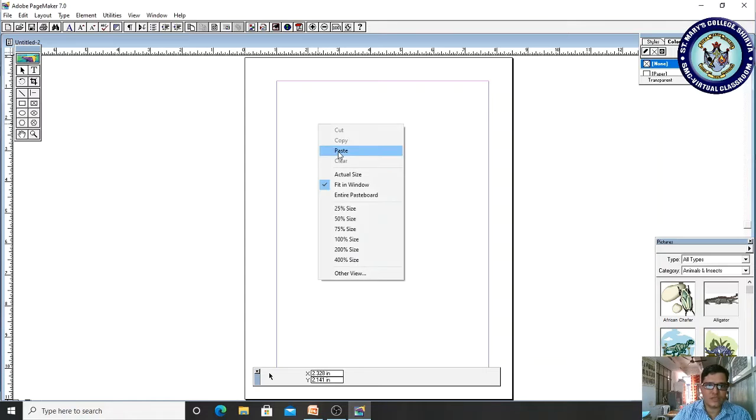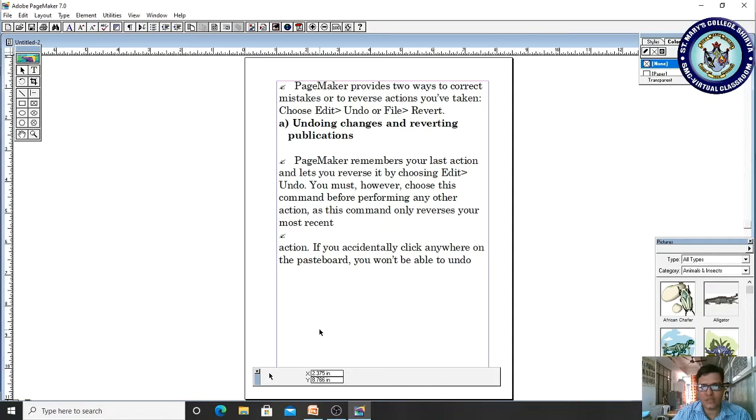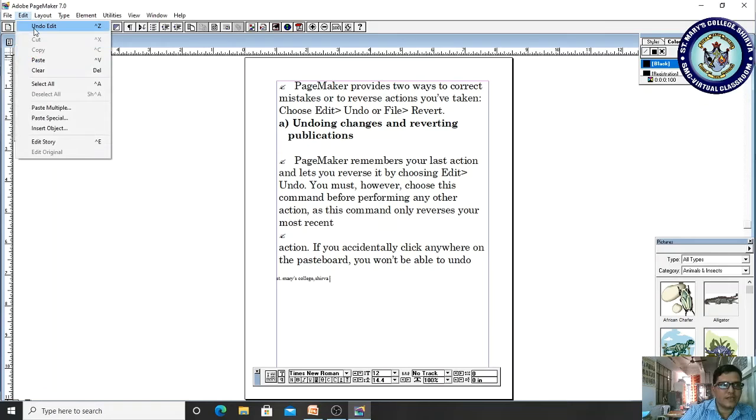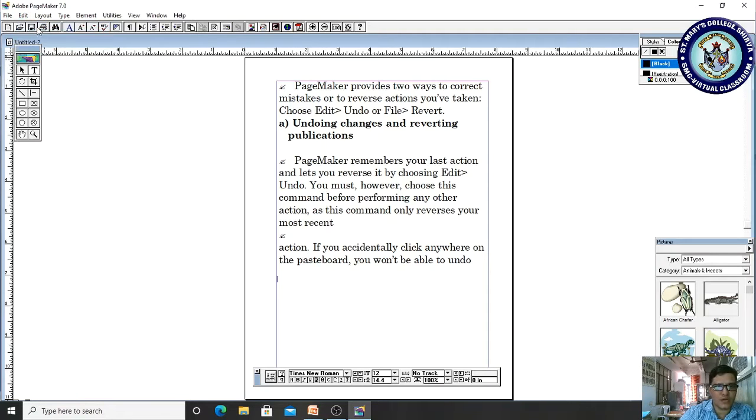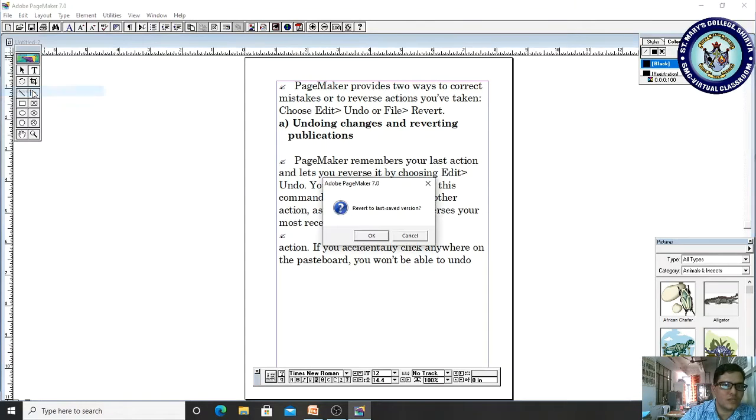Got it? Yes, let me paste our information and fit it within this scratch area. And if you want to modify, then you have to select some of the text. Saint Mary's College Shirva. Likewise, if you click the Edit option, Undo Edit will undo the last operation. If you use File Revert, automatically it will go to the last saved version.